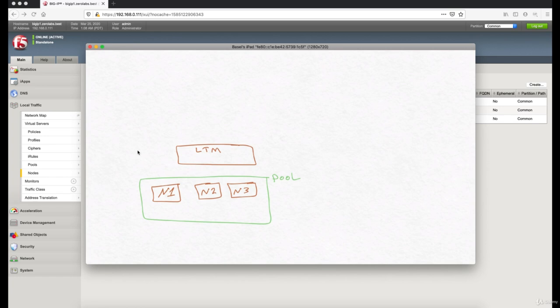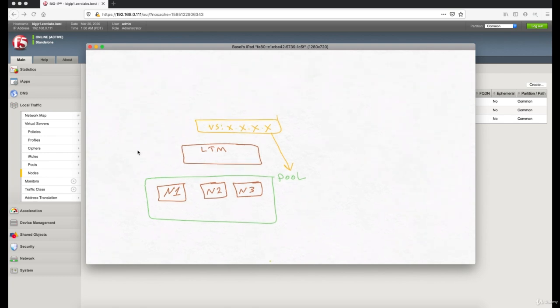and to complete the picture, we need a virtual server. We need an IP address that users will connect to, and this virtual server is going to be associated with the pool, and the pool contains 3 nodes. So let's say, for example, I have user 1 accessing the virtual server based on the